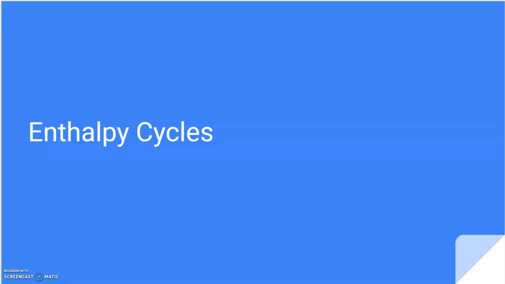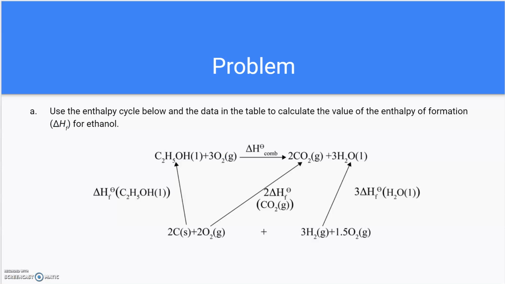Alright, so welcome to the 10th problem. This problem is going to be about enthalpy cycles, heats of formation, and we'll be using Hess's law. So the problem says the following. Use the enthalpy cycle below and the data given in the table to calculate the value of the enthalpy of